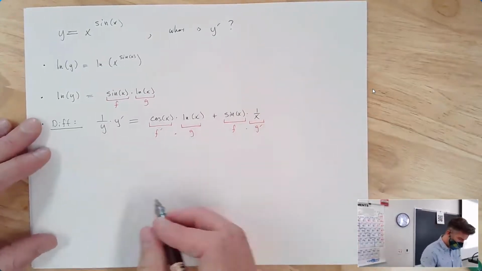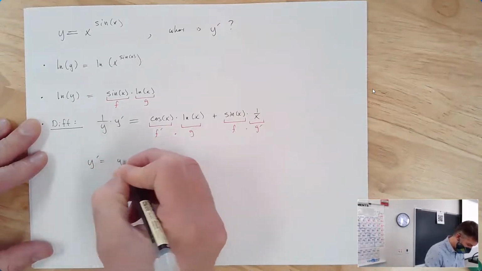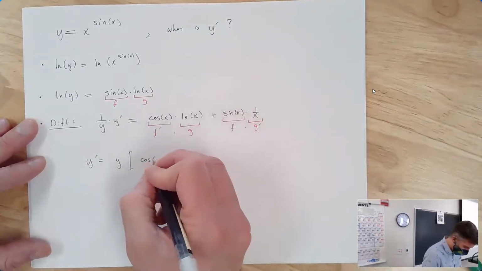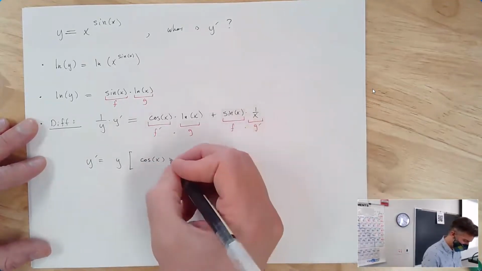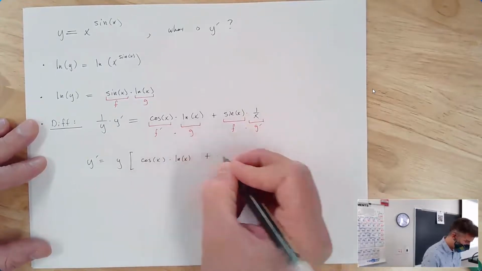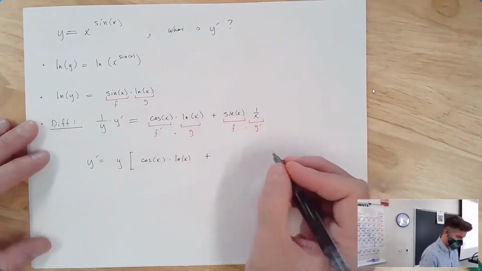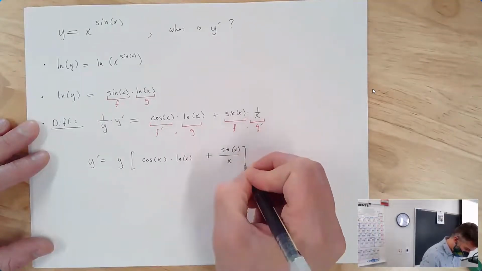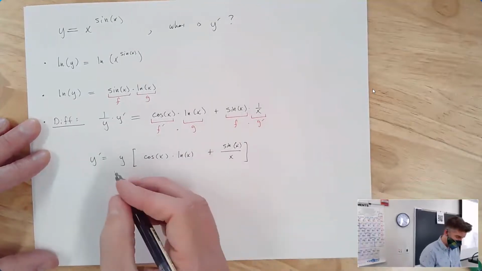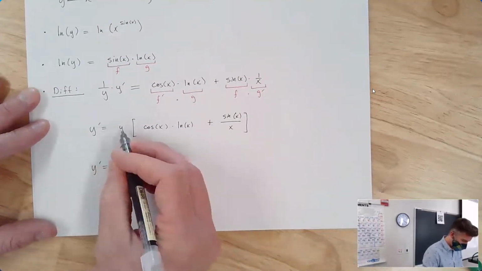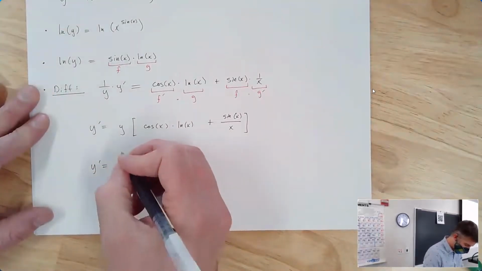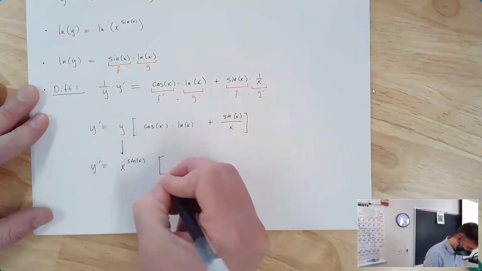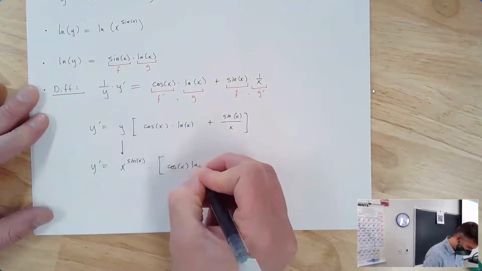I'm going to do a little simplifying. So I'm going to say y prime equals y times, I can't really simplify that, I'm just going to leave this cosine of x times the natural log of x. But how could I simplify sine of x times 1 over x? I make it a fraction: sine of x over x. And then finally, I can replace y with what it's equal to. So y prime is equal to y, which is x to the sine of x, times all this stuff: cosine of x times natural log of x plus